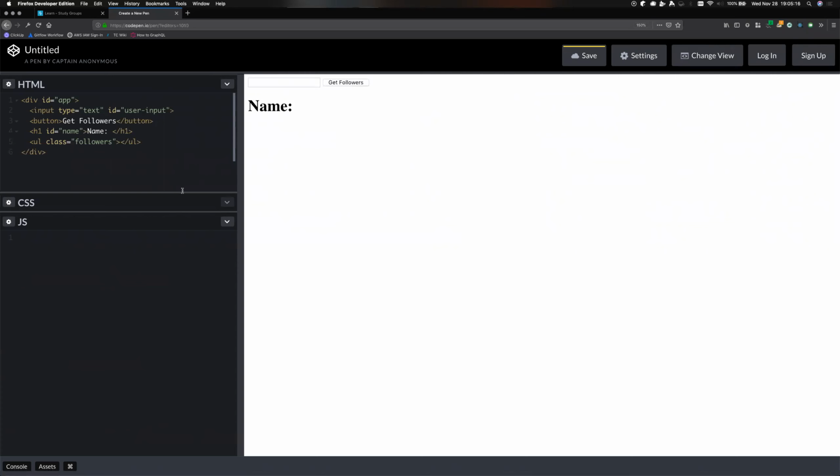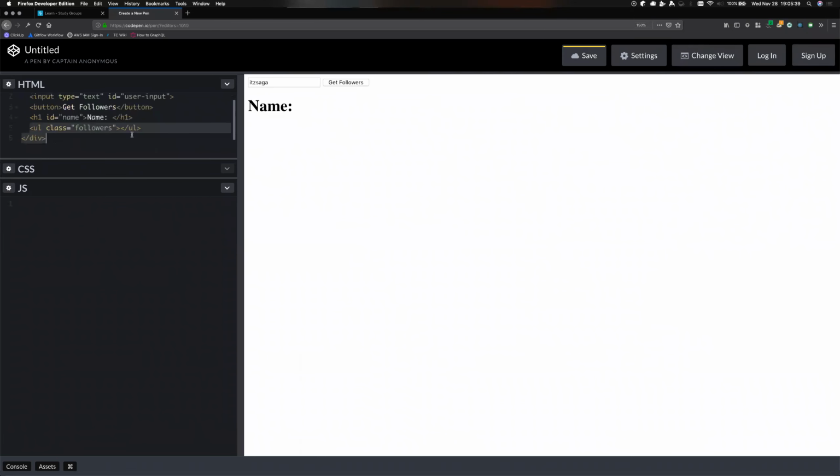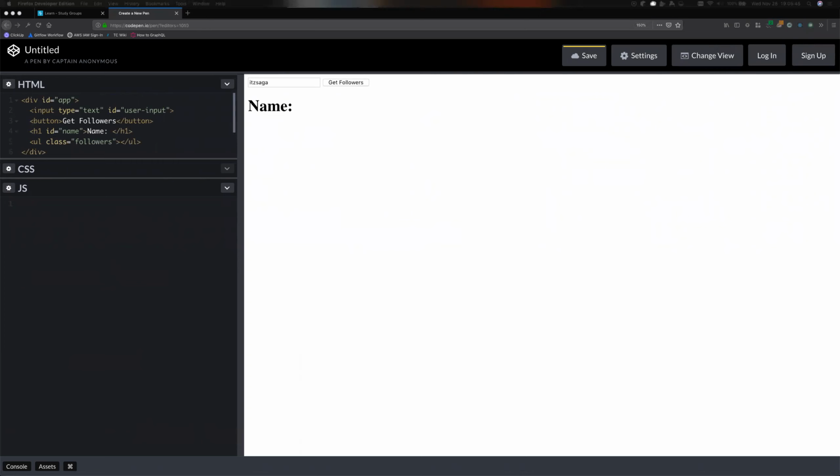Yeah, perfect. That's all that we need in our HTML. So the idea being, we're going to use GitHub's public API. We're going to type in somebody's username, like mine. Click Get Followers. It's going to show the person's real name based on the information we get back from GitHub, and then an unordered list. We have the UL here, but a bunch of LIs, list items of the followers. But before we dive into that,